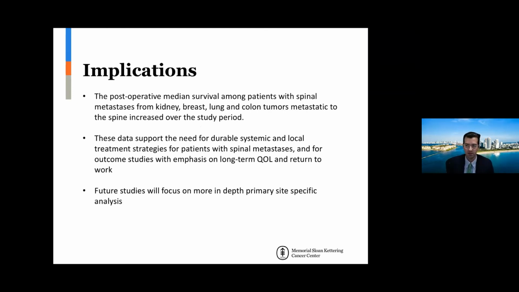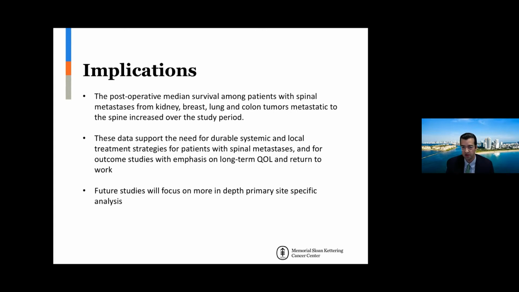But kind of the most meaningful point to get across, hopefully, is that there are implications to this study. With the postoperative survival increasing in these patient populations, these data support the need for durable systemic and local treatment strategies for patients with spinal metastases, and for outcome studies with emphasis on long-term quality of life and return to work. I think hopefully everyone has now seen patients who are surviving 5 years plus with what were once very dismal cancer diagnoses, and it's becoming increasingly important to give them durable surgical constructs that help keep them ambulatory